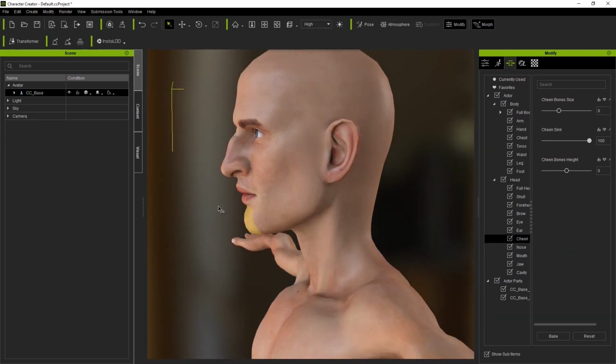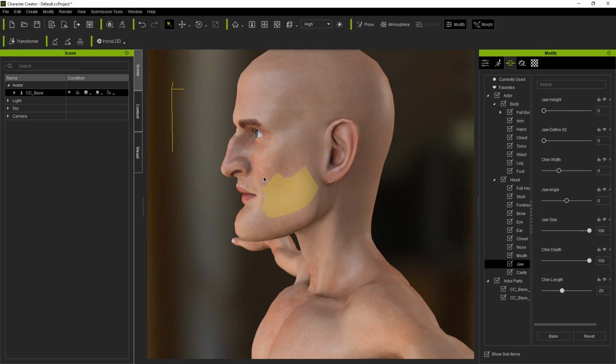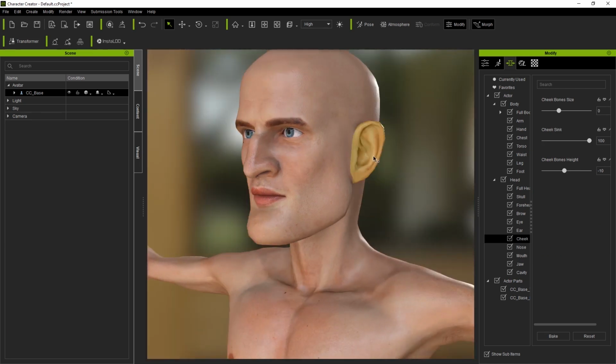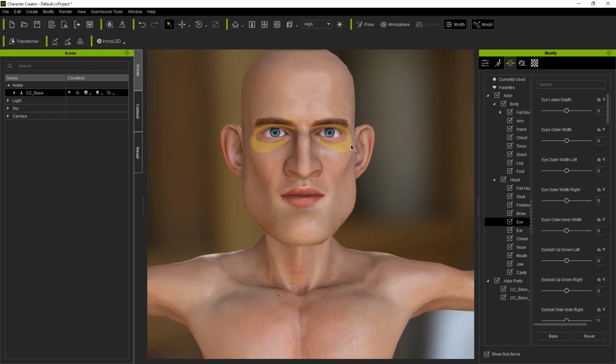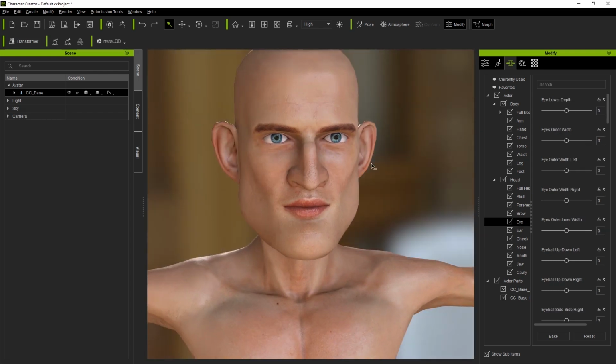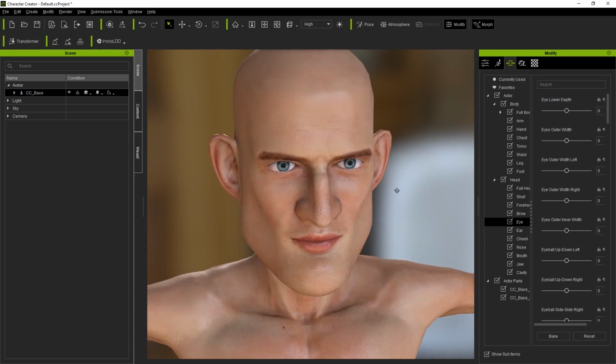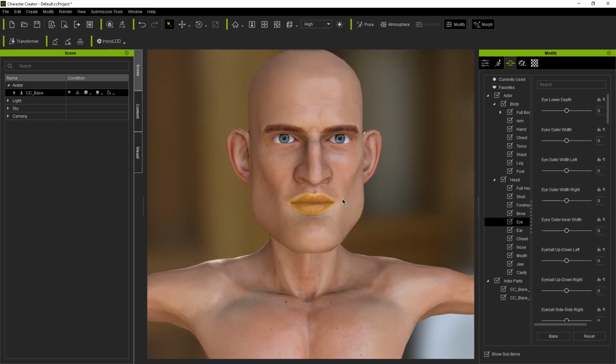Let's go ahead and give this guy a bit of a longer chin, maybe push the jaw down a little bit, push the cheeks forward a tiny bit more, make the ears larger, make him a little bit of a quirky, funny looking guy. Also, you have control over the eyes and where they're sitting, as well as the teeth. So just to show you how you can tweak the